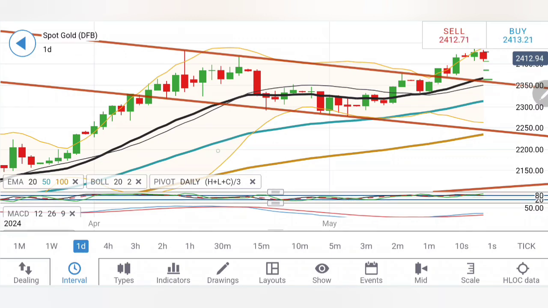On the downside, for selling in gold, I'll recommend 2404, 2405 levels. 2404, 2405 is a good resistance. Below this, you can expect it to move towards the 2400, 2397 zone, first support levels, 2391, 2390 the next, then 2382.5, 2384 the third one, and then 2371.5, 72 the fourth one, below which it will definitely trade further bearish.